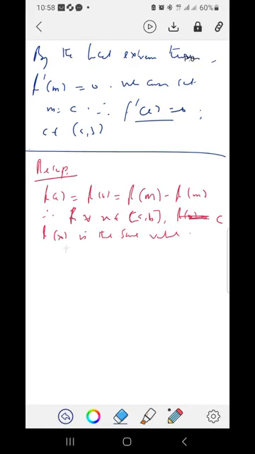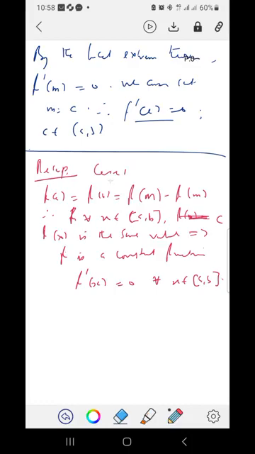Which implies that f is a constant function. So if f is a constant function, it means that f prime c will be 0, or f prime x is 0 for all x element of (a, b). So that one is settled. We call this one case 1. Then case 2